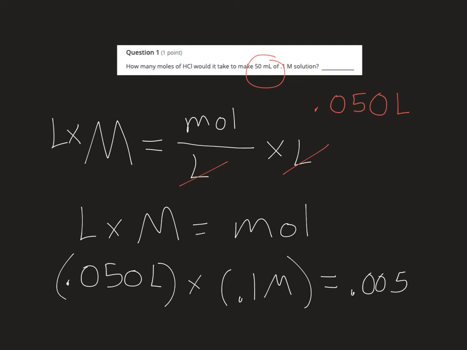0.005, and that's 1 sig fig because these zeros at the beginning are leading zeros and we don't count them, and we only want 1 sig fig because there's only 1 sig fig in this. So my label is mole